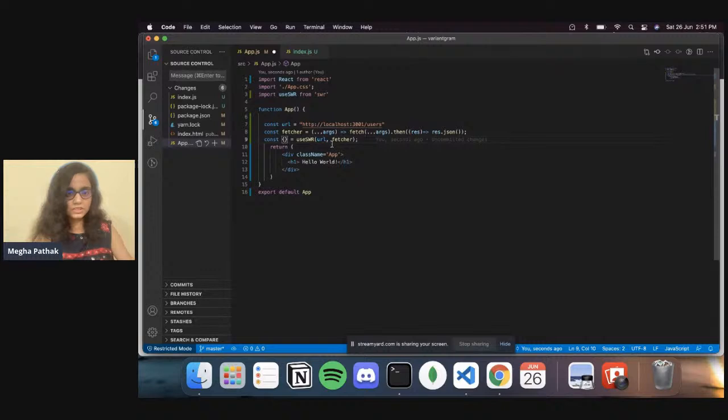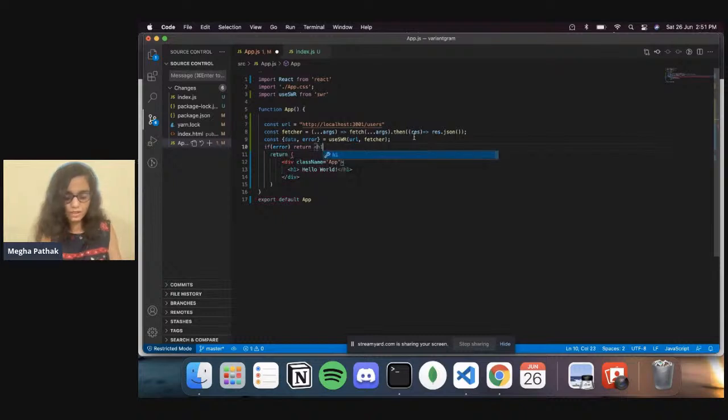And this we have to destructure into data, and we might get an error as well, so we will write error too. So if we get an error, then we should simply display the error. Okay, and if we are receiving the data, then